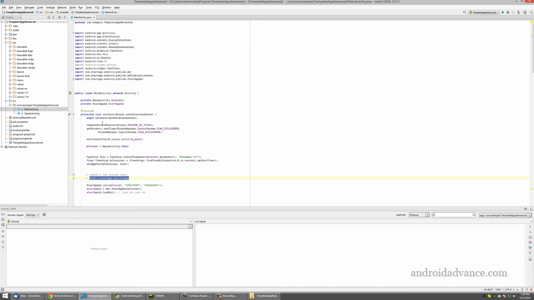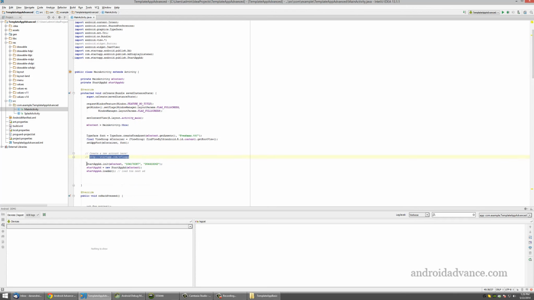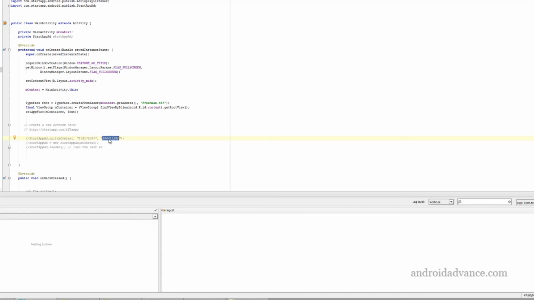After you create a new account, you have to have your app published. So hold your horses for a moment, and you can even comment these steps, publish the app, and then uncomment them. And here you replace some values that you will get after you add the app in Startup. Maybe I will do a tutorial for this, but I think it's pretty easy. Okay, so